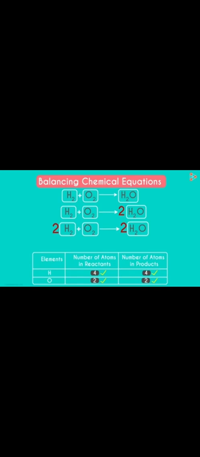So we will again multiply 2 with the hydrogen on the reactant side, and in this way we will balance the whole reaction. Can you again see that when we multiply 2 with the water on the product side, then the hydrogen will be unbalanced, but the oxygen is balanced. So to again balance this reaction or equation, we have to multiply the hydrogen with 2 and the reaction will be balanced. Now we will take one more example. Now you can see it is a balanced chemical reaction.